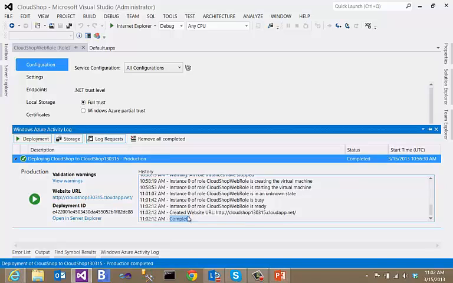All right, complete. Look at that. It's almost like I knew it was going to happen then. Cool. So that URL, notice, is now that funky name I came up with, CloudShop 130315.cloudapp.net. So your cloud service names are always going to be your cloud service name .cloudapp.net. Now, if you want a different name, you go into your DNS, you configure a CNAME that points off to this name. All right? But I can now click on that URL,